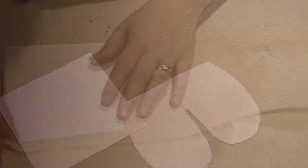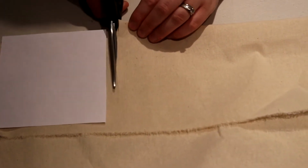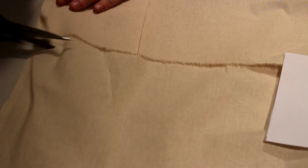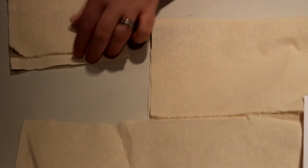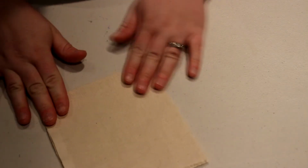The first thing I did was cut out my template. I got a 5x5 square and cut it on the bias, which means the fold, I think. I actually cut a little bit bigger to account for the seam allowance, which I didn't account for, so you might want to cut a 5.5-inch square. And then I just drew some bunny ears,